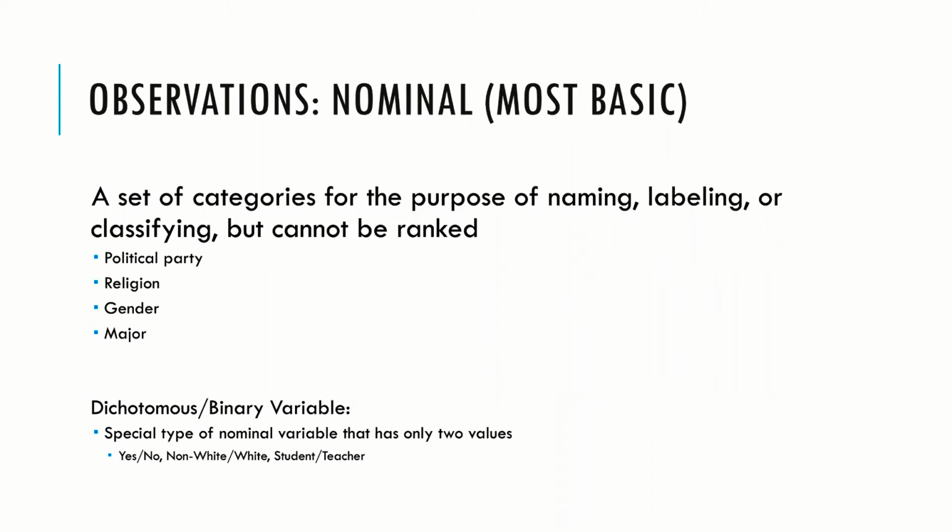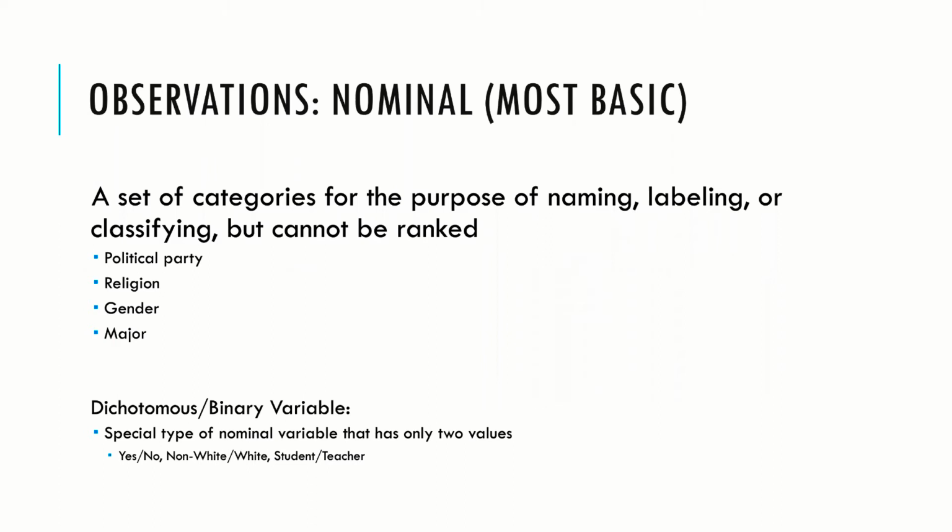So if you wanted to create a special kind of nominal variable called the binary variable, you could say, oh, well, if you want to change the race variable into a binary variable, you would say, I am Black or not, or I am white or not. What about education? I am college educated or not. Just the presence or the absence of that condition.